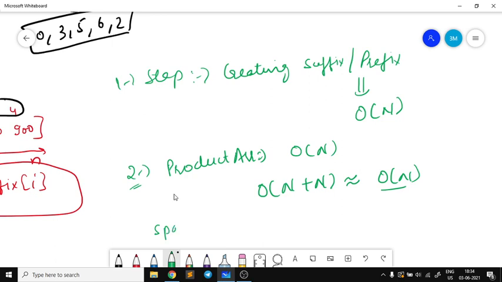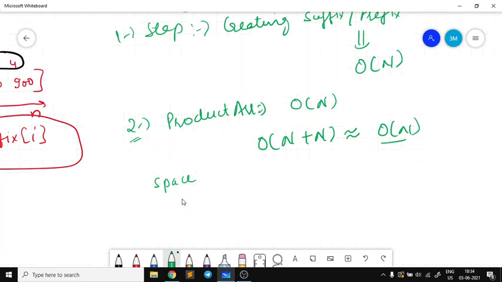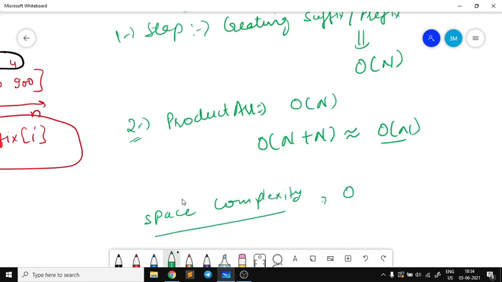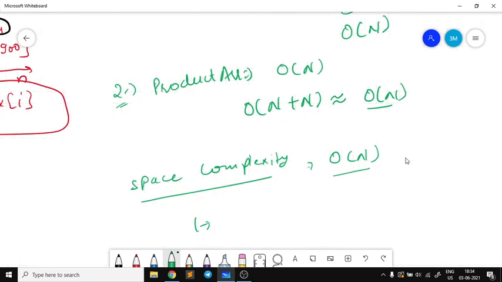Now, talking about the space complexity. The space complexity also remains big O of n, because if I talk in depth, we are using three extra spaces: O of n for prefix, O of n for suffix, and O of n for the answer array.